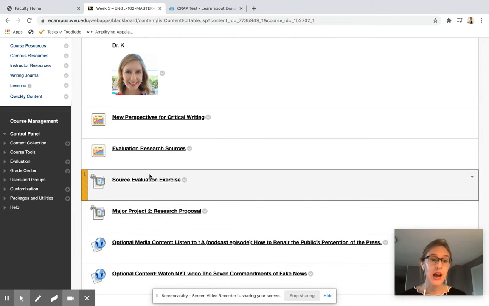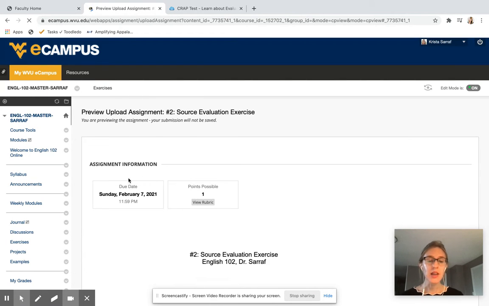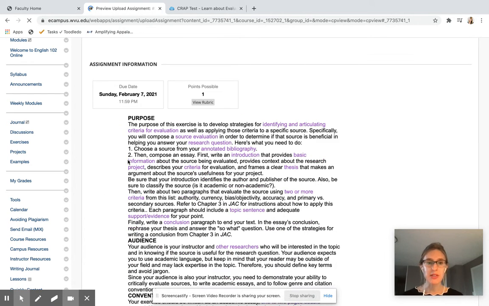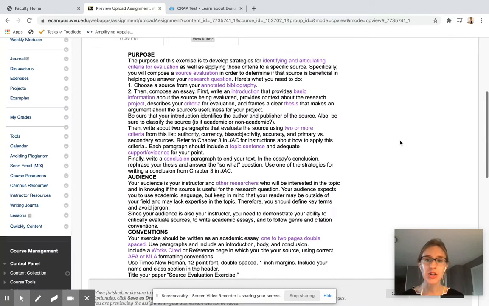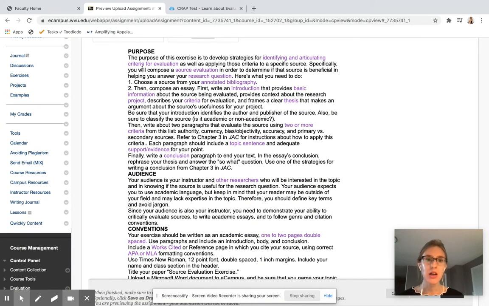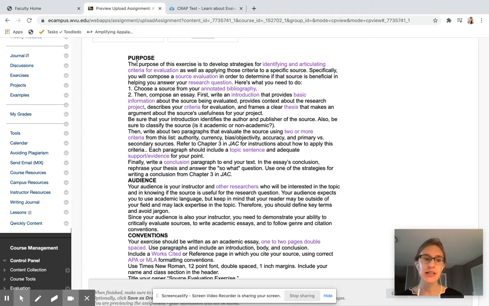Then you're going to go to the source evaluation exercise. The assignment sheet describes the purpose, audience, conventions, and trouble that you might run into. The purpose of this exercise is to develop strategies for identifying and articulating criteria for evaluation and applying those to a source. So you're going to choose a source from your annotated bibliography,